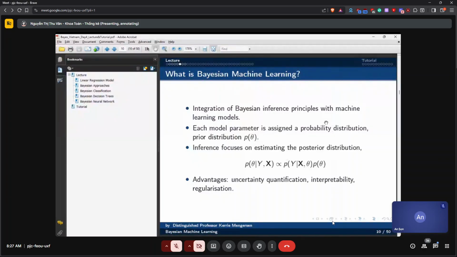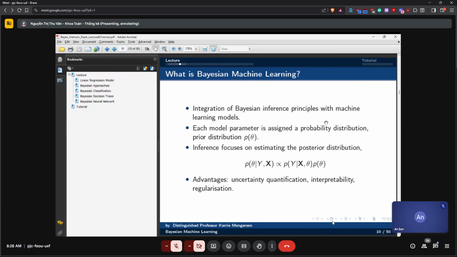We can also think about theta, our unknown, as being the model itself. As we saw the other day, we can compare models, the probability of one model, the probability of another model. So in this case we're talking about parameters of a regression equation, but theta can also include missing data and even the model itself.